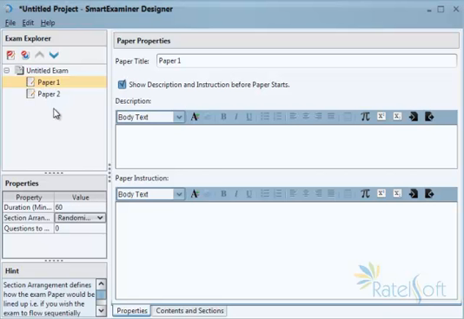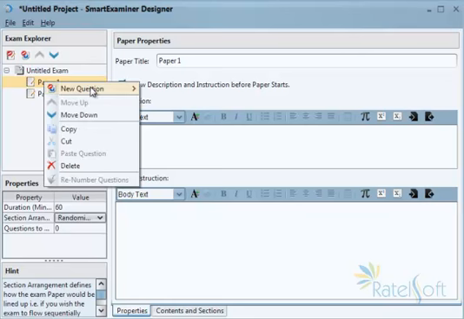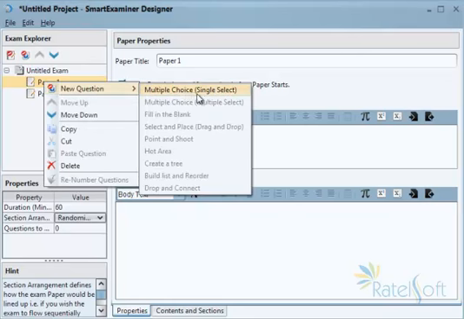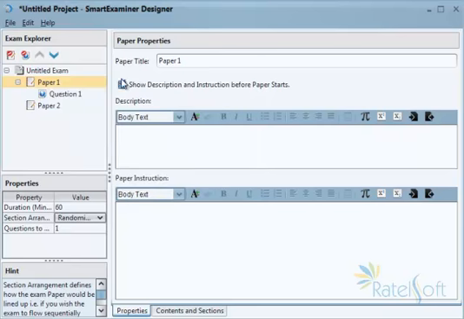The next thing you do generally is to create exam questions. By right clicking on this, you can see new exam questions. You can pick the exam question type you want. For now, it is just the multiple choice single select that is available, but for the next update of the SmartExaminer designer, you would get to see more of these being enabled. The very first thing I'm going to do is just click on this, and when you come to the